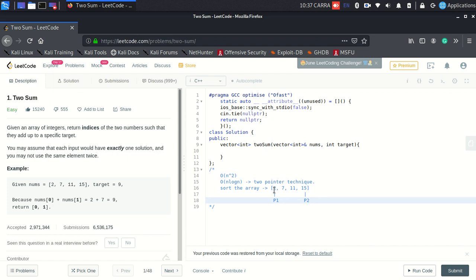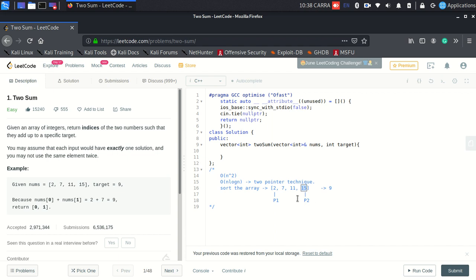Now let's say I have been given 9, so let's do it for 9. I'll see whether 2 plus 15 is 9 or not. Is 2 plus 15 equal to 9? No, 2 plus 15 is 17. So are we exceeding the sum, or are we in a dearth of numbers? Here we are exceeding the sum because 17 is greater than 9.